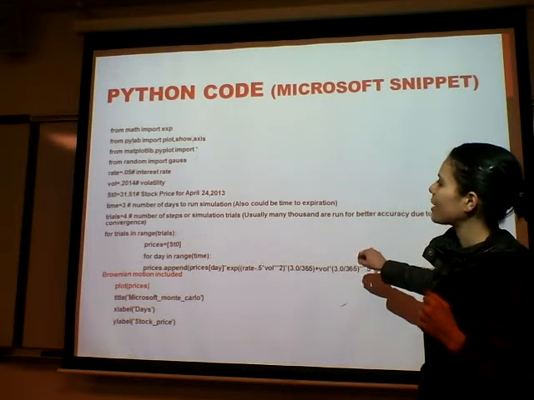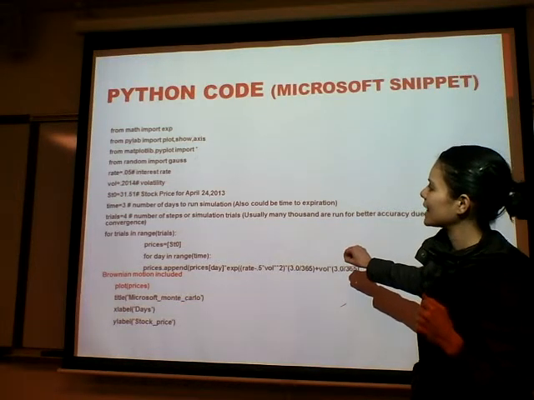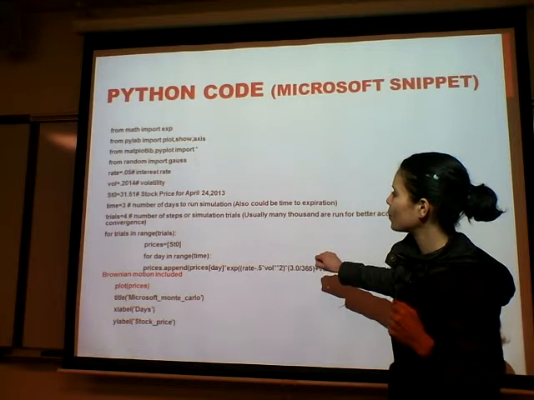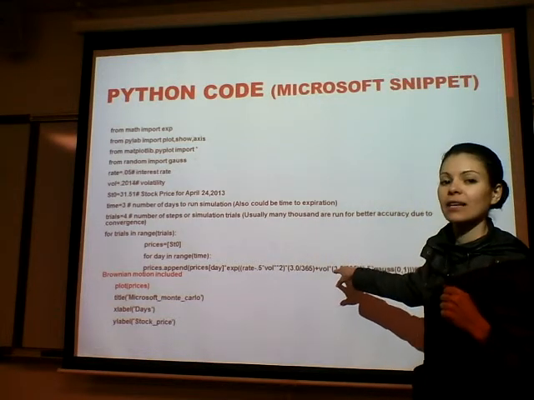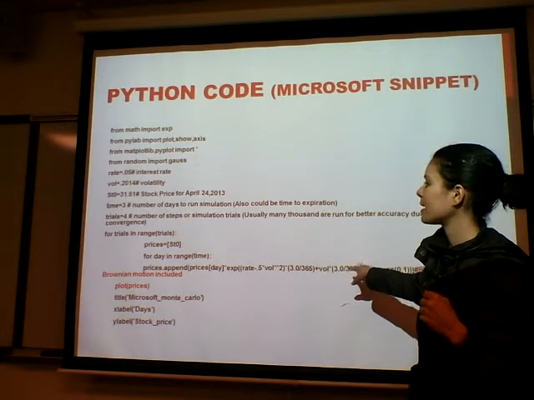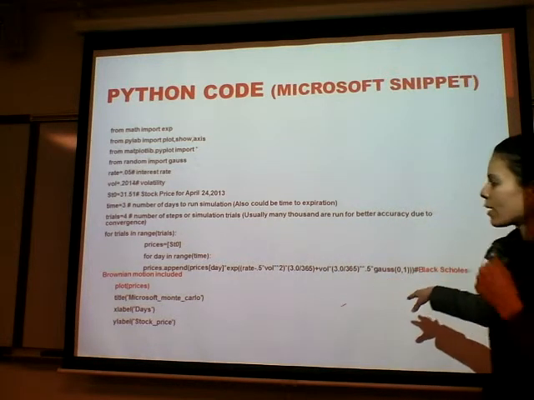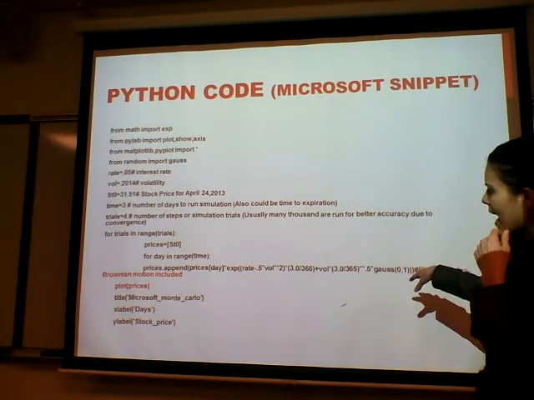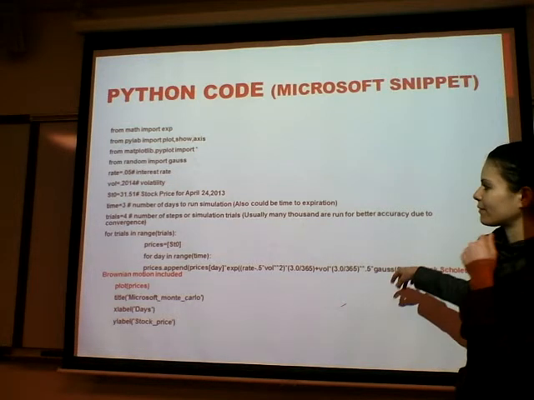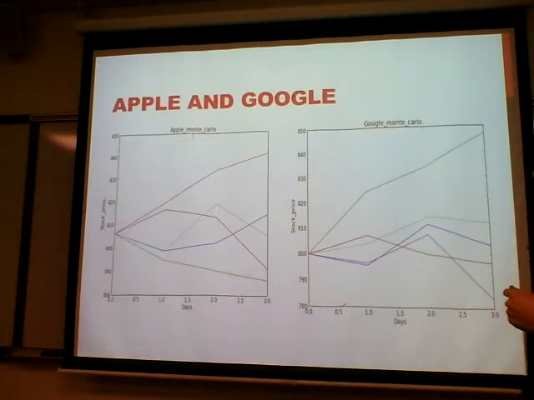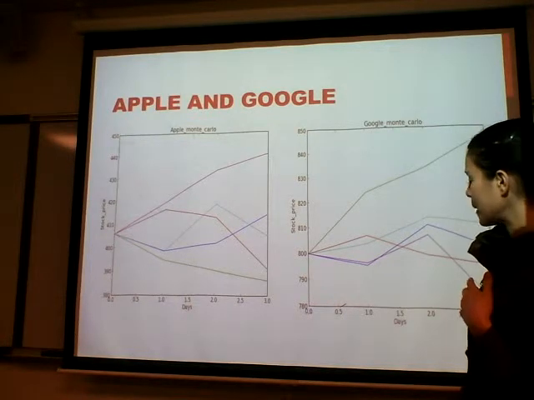So what else in the Python code can I tell you? We use the stock price for today, for April 24th, and went out 3 days as we requested. And our number of simulations was 4, also as we requested. And that, interestingly enough, next slide, when we look at something like Apple and Google, I did note that, as